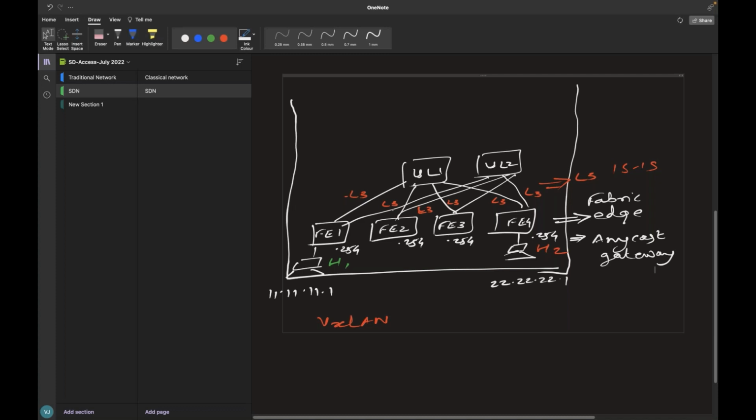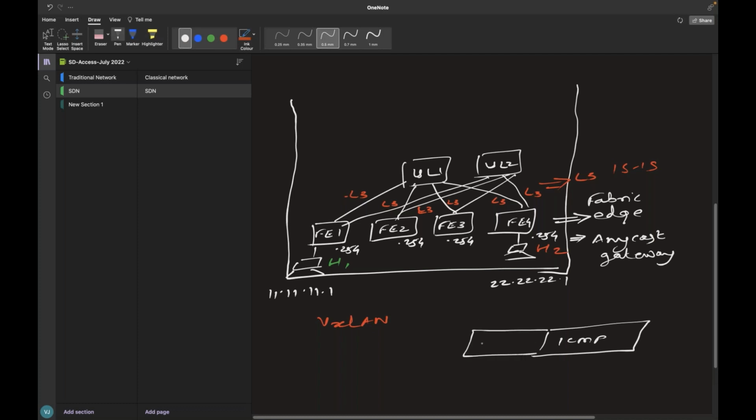Here you have different terminologies, but you can correlate them with the terminology used in the data center. Now, let's say I want to send a packet to host 2, which is 22.22.22.2. So again the same, right? ICMP, then I have the destination IP address.